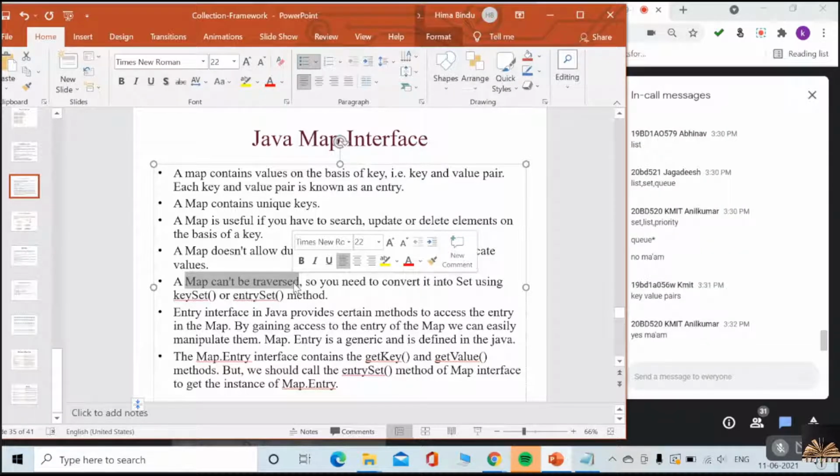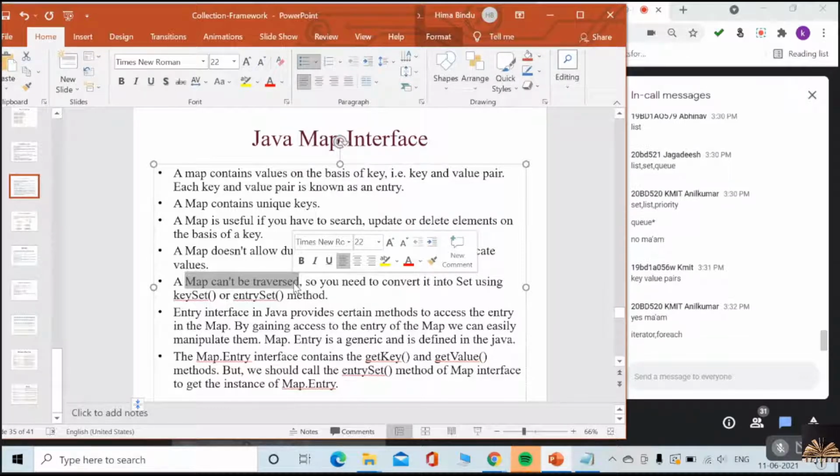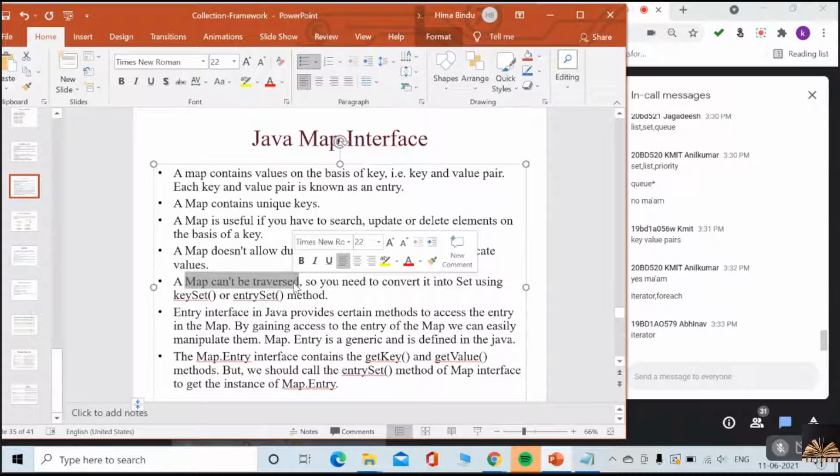Through what will you traverse a list or set? Iterator only, right? Very good. For each, list iterator, and descending iterator, you can traverse. But a map cannot be traversed just like that.